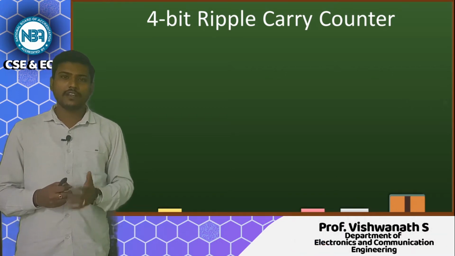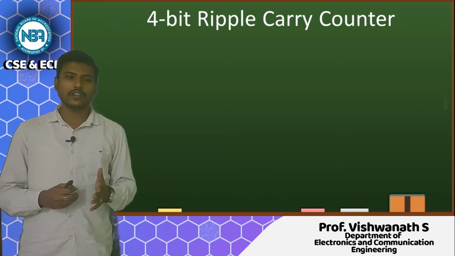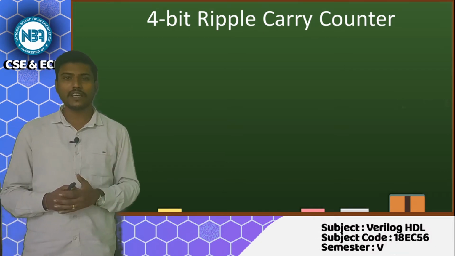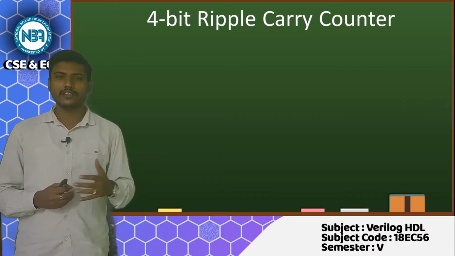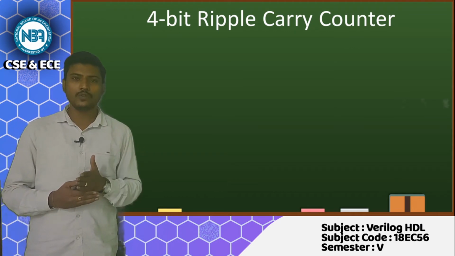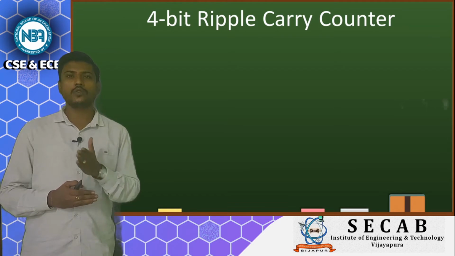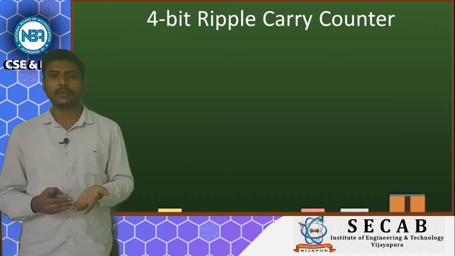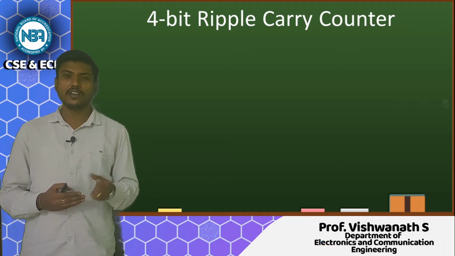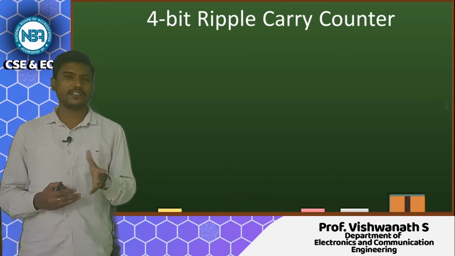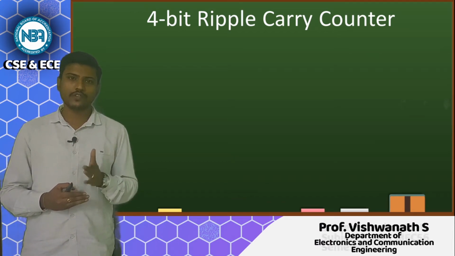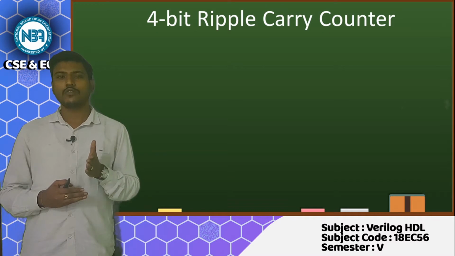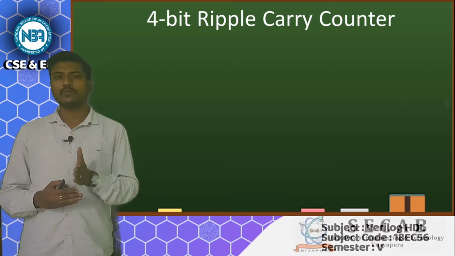A 4-bit ripple carry adder is nothing but a counter. Actually, we are going to take an example of a 4-bit, sorry for that, 4-bit ripple carry counter. So, what does a counter do? A 4-bit ripple carry counter is going to count from 0 to 15 or 0 to F. If you convert your 4 bits to hexadecimal, the maximum we can have is F, right. So, this counter is going to count from 0 to F, or in terms of binary, from 0000 to 1111.